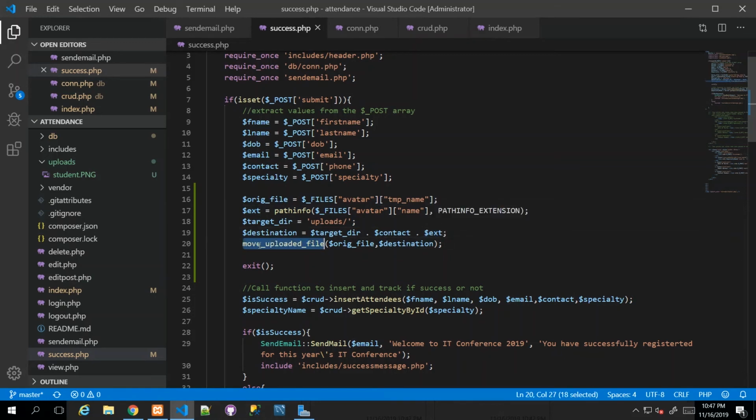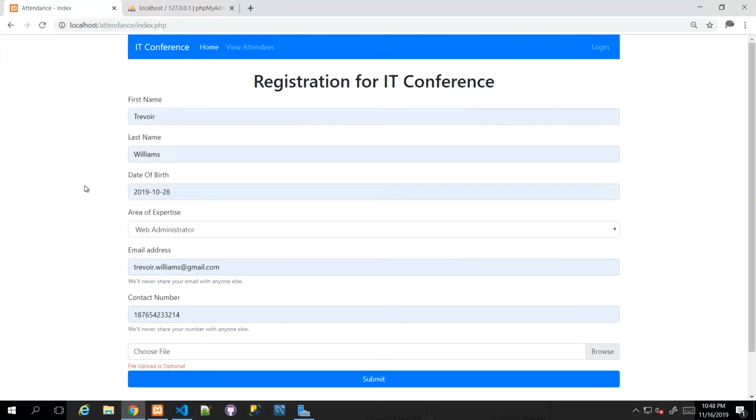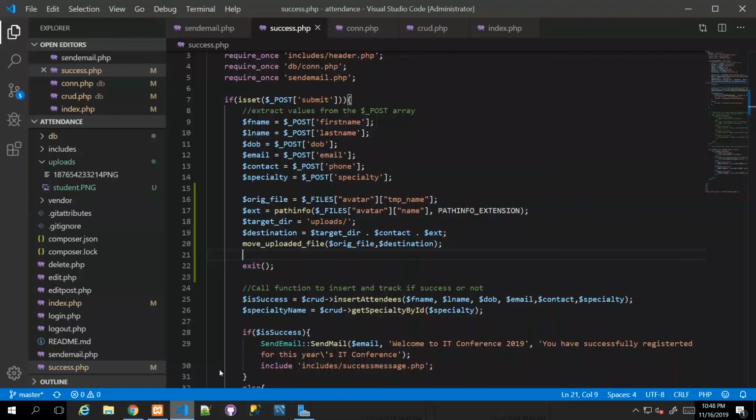And then the move uploaded will store that file with that new name inside our uploads folder. So I'm going to run a test again with the same file and see the result. So now we choose the file, and I'm choosing student.png once again, and then I submit. And remember that we have the exit, so nothing really happens, but we can go back and then we see,